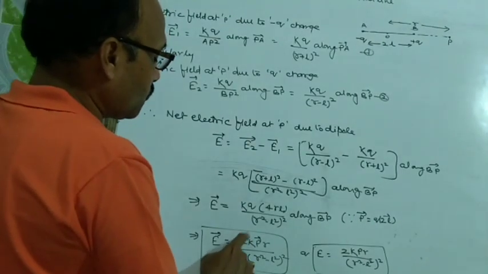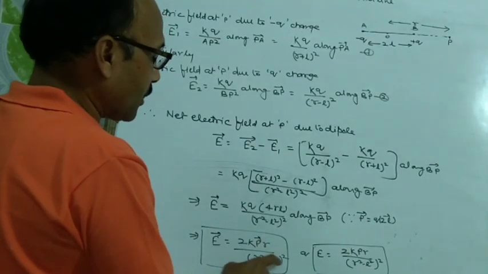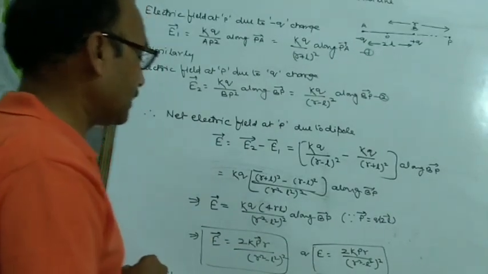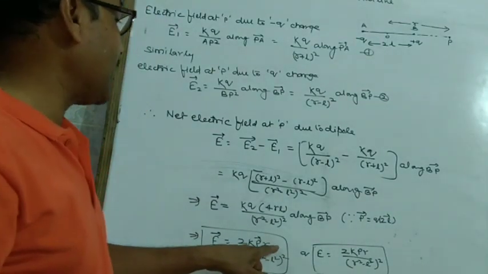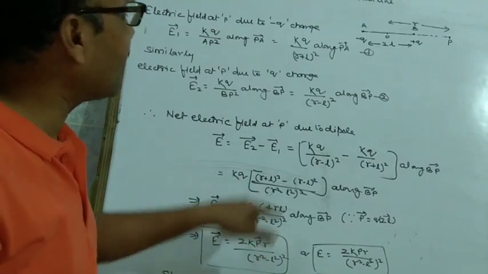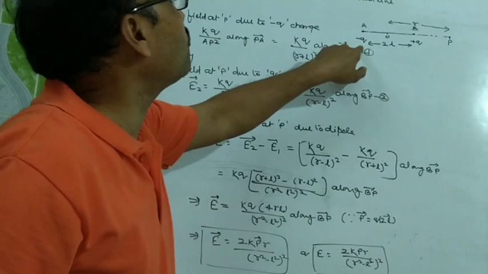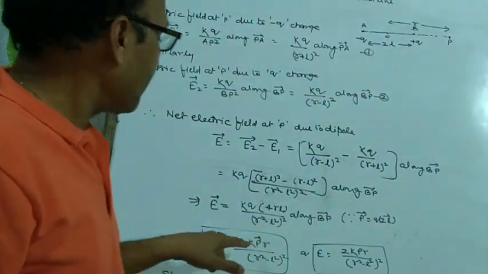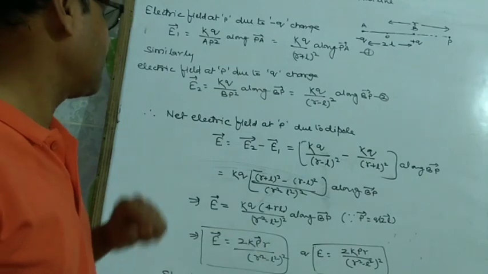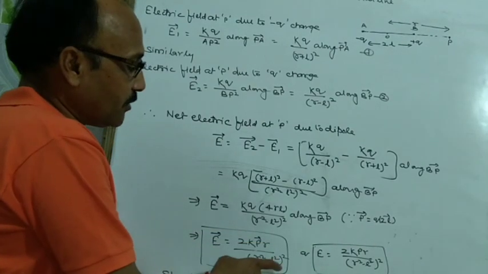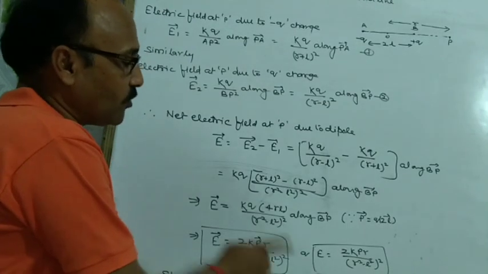So this becomes 2kp r upon (r square minus l square) whole square. Now we are not writing here along BP. Why? Because p has the direction from minus q to plus q, meaning along BP. That's why we are representing the direction here. So E will be equal to 2kpr upon (r square minus l square) whole square,